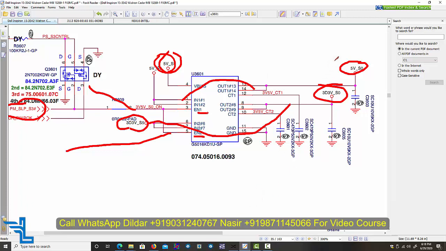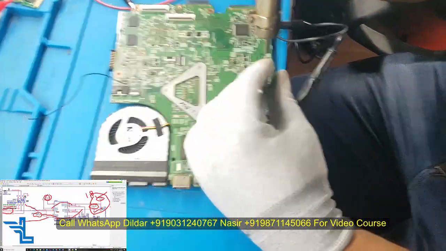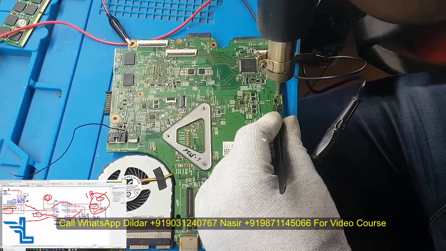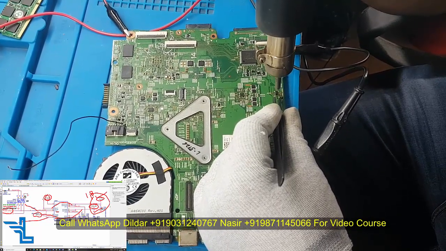We need this transmission voltage, then we can expect our PCH will work properly. So now we are getting the 3.3 absolutely fine, but instead of 5 volt we are getting 1.8 volt. So this is the problem. So let me show you how we diagnose these types of problems. But actually, I will give you only a clue. Now you have to answer on our YouTube channel: if you receive these types of problems, how you can make sure.